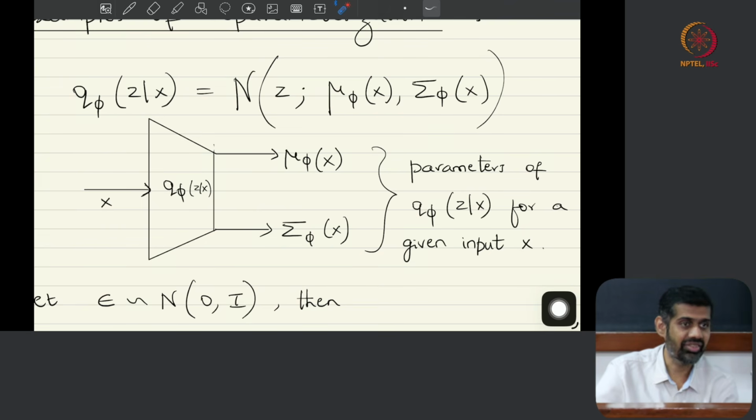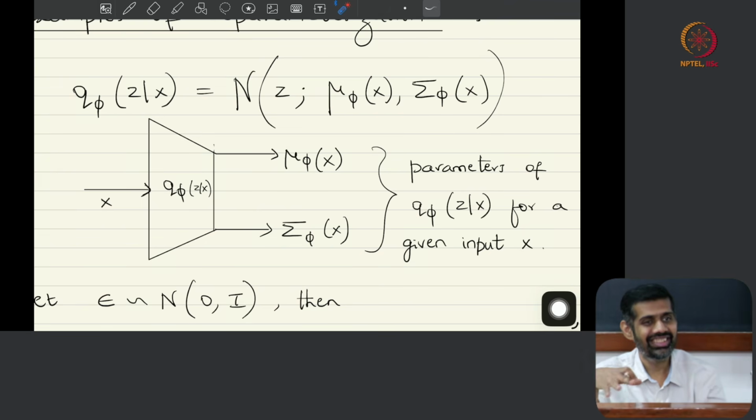Correct. It will be a function of phi. Yeah, that's a good observation, because it has to go somewhere, right? So that it is pushed to that g, that's how it is done. Okay. So, typically when you implement, I will talk about it,